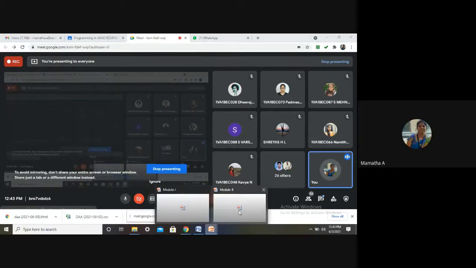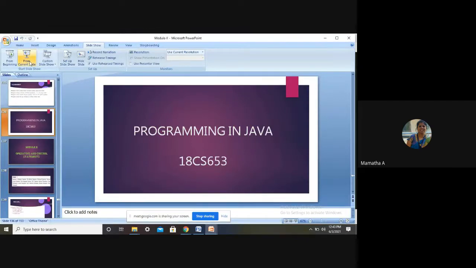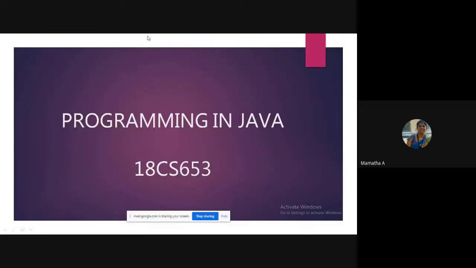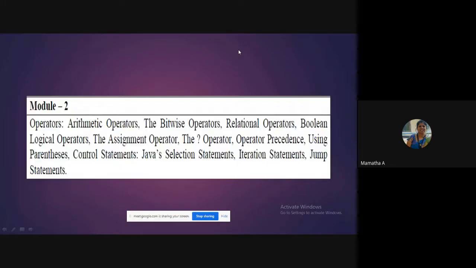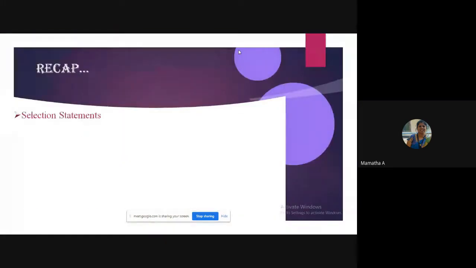Okay, moving on to the next concepts of module 2 with respect to control statements. As a recap, I had told you about two selection statements, if else if and the switch statement, followed with example programs and assignment.